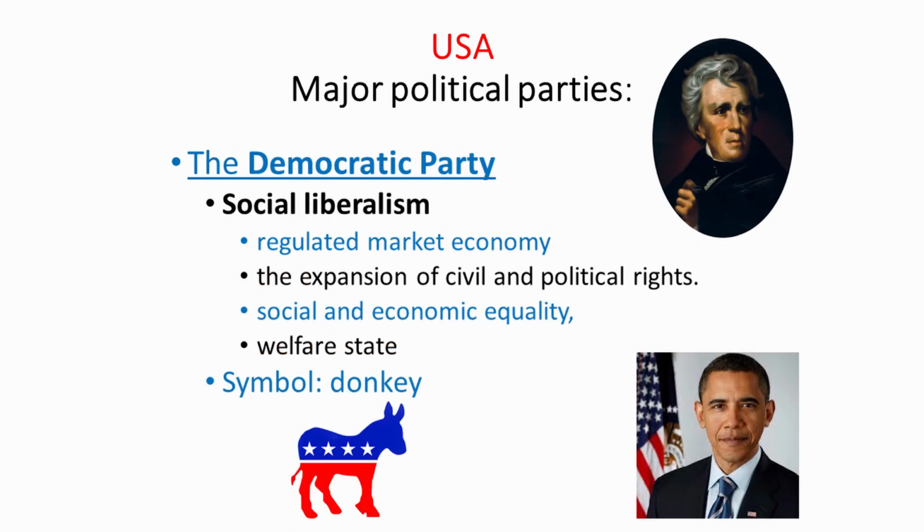The second major political party is the Democratic Party. Barack Obama, president before Donald Trump, was a member of this party. And this is the oldest political party in the United States, and we might even say that it is probably the oldest still functioning political party in the whole world. Now, the Democratic Party nowadays is connected with social liberalism, which is a political and economic